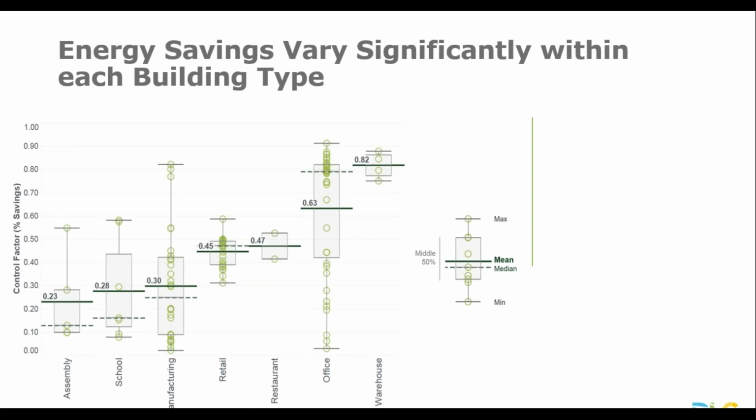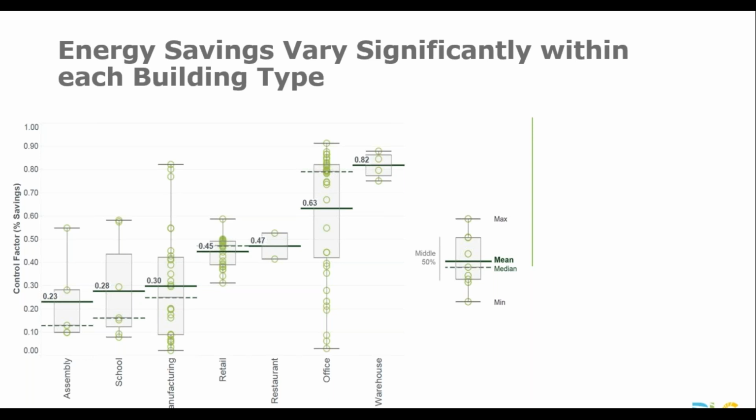This chart shows the range of energy savings that we observed across all sites, separated out by building type. Each small circle represents the savings from a single site, with small black lines representing the maximum and the minimum for that building type, with the thicker dark green lines and the average values represented in the middle there. So for example, in office, the average savings we found was 63%, in manufacturing